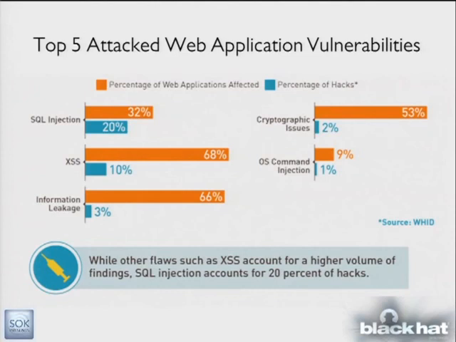So it'd be great if Verizon or Trustwave could break it down, because then we could understand better what classes of vulnerability are being attacked at the software layer. But the Web Hacking Incident Database had the best data out there. And so the top 5 attacks for web apps,